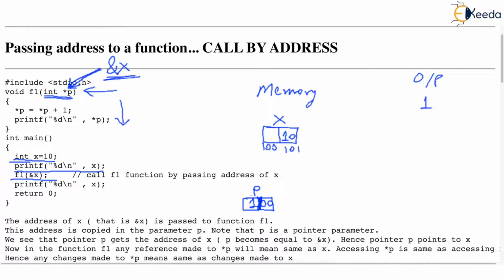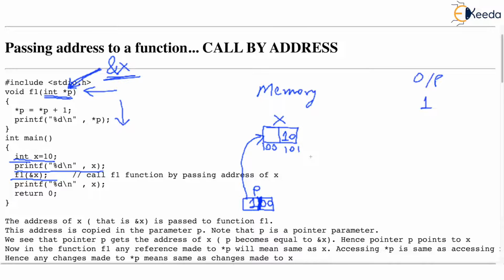So we say p points to x. Now what do you know from the fundamentals that we learned in the earlier videos? If p points to x, then asterisk p is nothing but x. Isn't it so? You can say asterisk p is the value to which p points, but